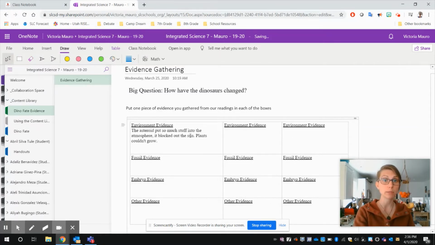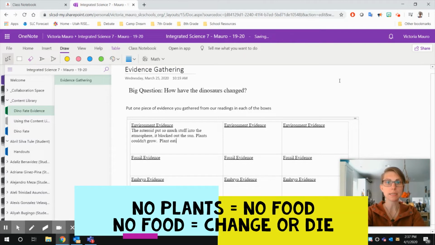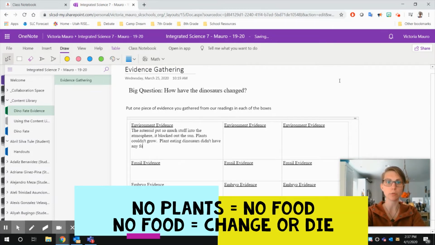So there's my first piece of environment evidence. The asteroid put so much stuff into the atmosphere, it blocked out the sun. Plants couldn't grow. Now, how does that make the dinosaurs change? Well, if plants couldn't grow, then